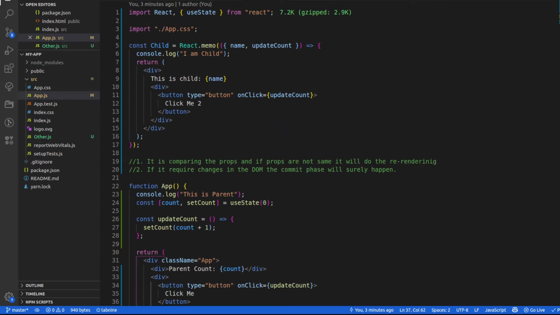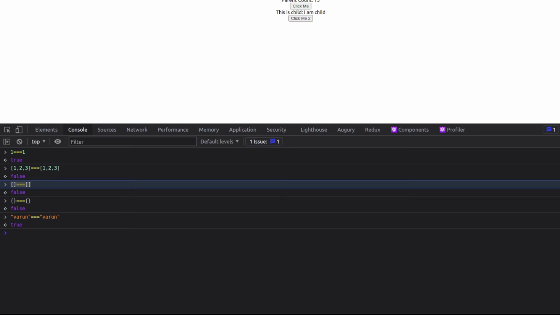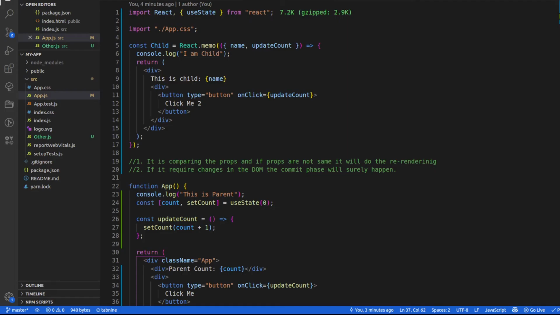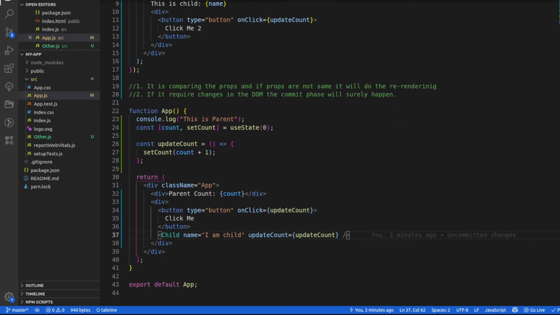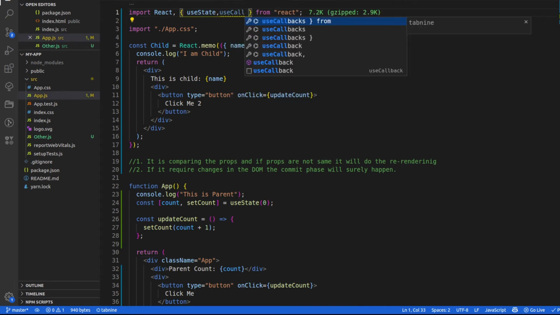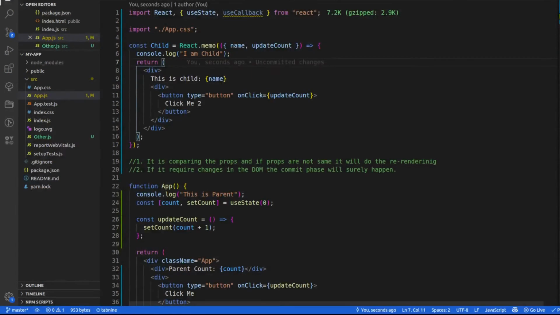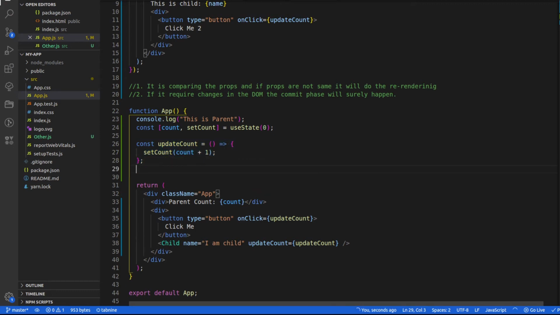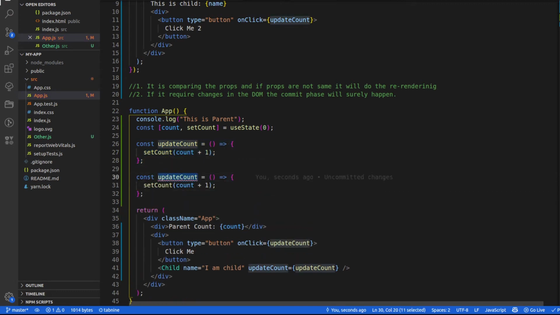Now, what is the way out? How can I get rid of this tricky thing? The way out is to use the useCallback hook. So let's first declare useCallback. Actually, rather than using the same update count, let me create another method as an example, test callback.